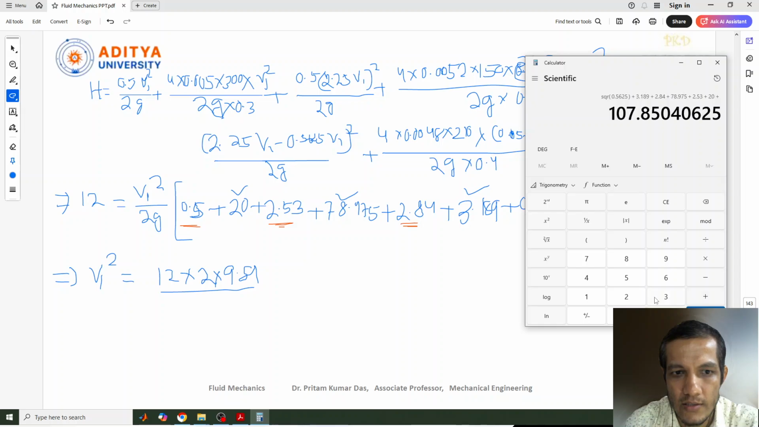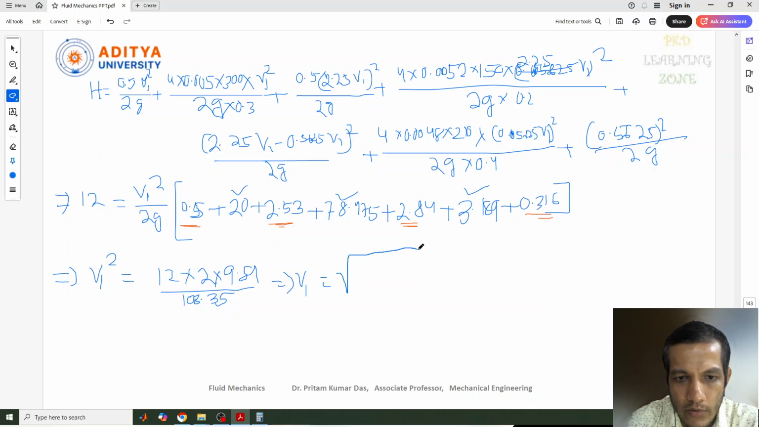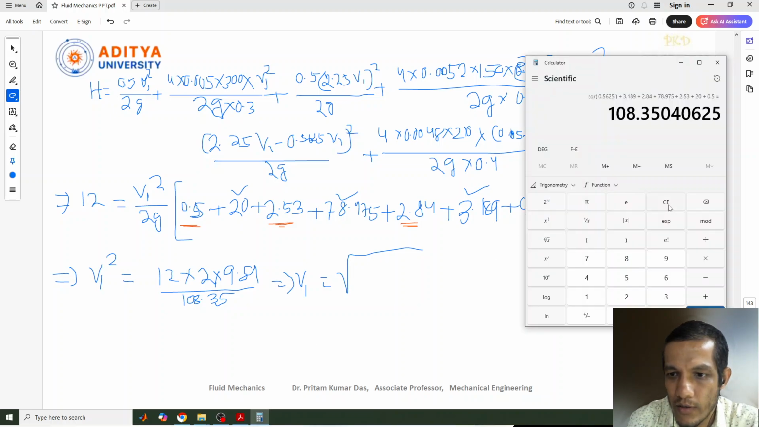20 plus 0.5, 108.35. Anyway, 108.35. Okay, so here what we can calculate, we just can write v1 equal to root over of this value. So that is, again we can calculate the same one, like 12 multiply 2, again multiply 9.81,